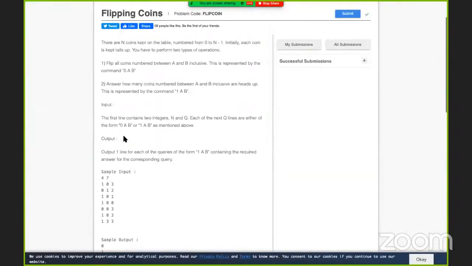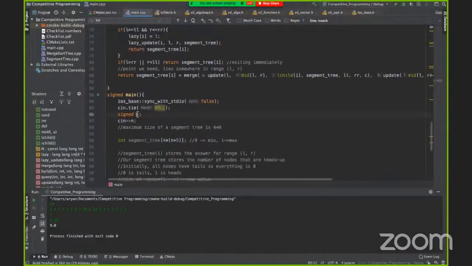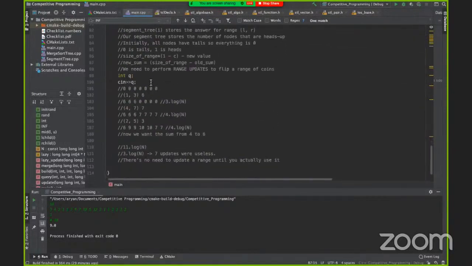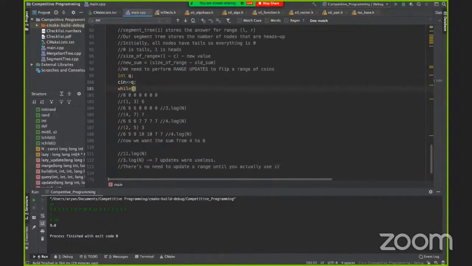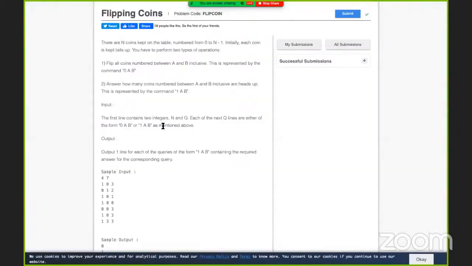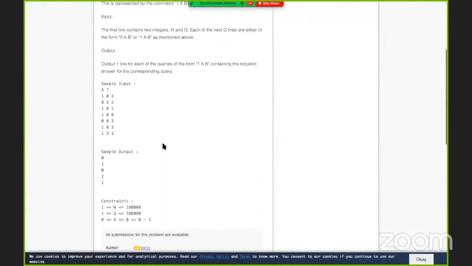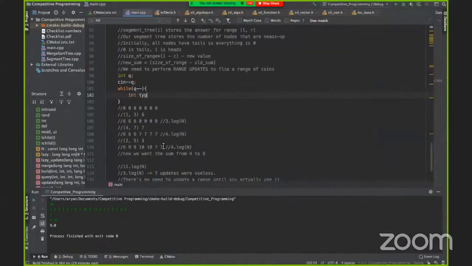Is the input format that only? No, they're on the same line. Okay, we've inputted the number of queries. Now, while q minus minus, we need to input the type of query.